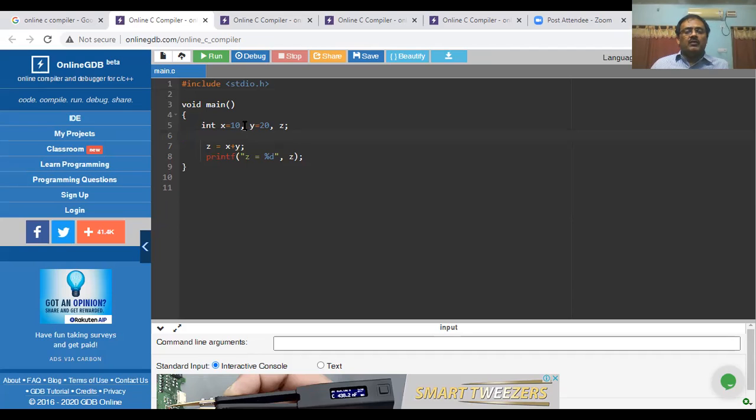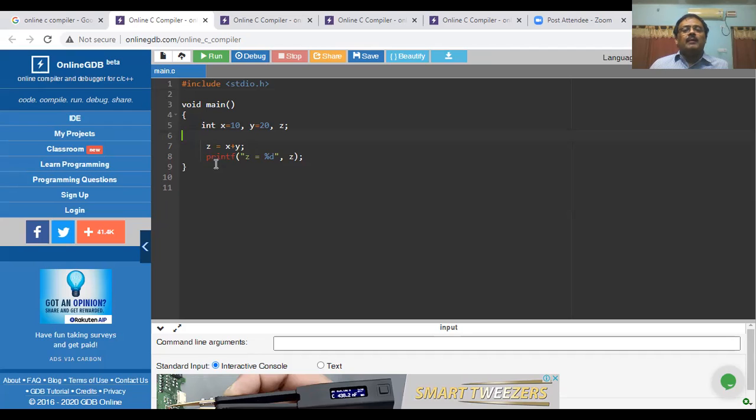To perform my operations, I am giving values 10 and 20 to the variables x and y through variable initialization. Now I am performing the operation of addition, z = x + y.